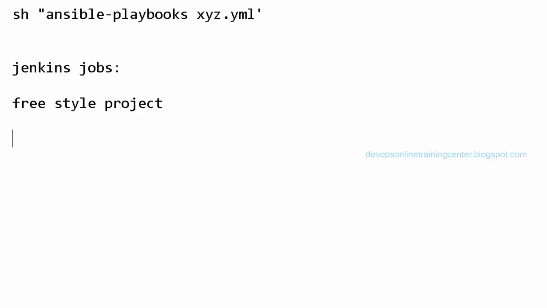So if we want to configure again, there are different ways we can restore it. We'll discuss that, but it's again difficult to restore, right? So again we have to configure, again we have to get the plugins and all that stuff we have to do, right? So instead of that, if we have something called pipelines where we can maintain the code,